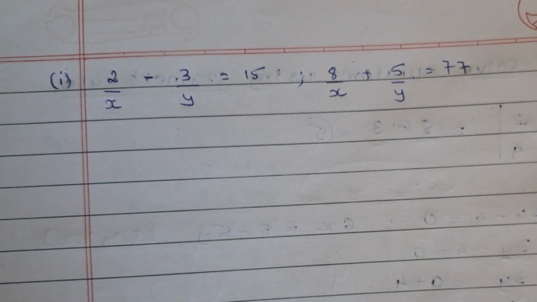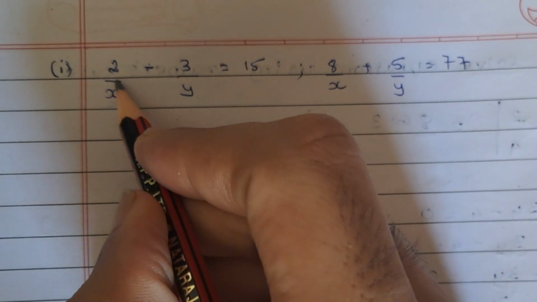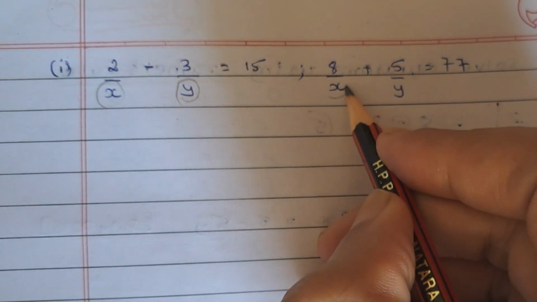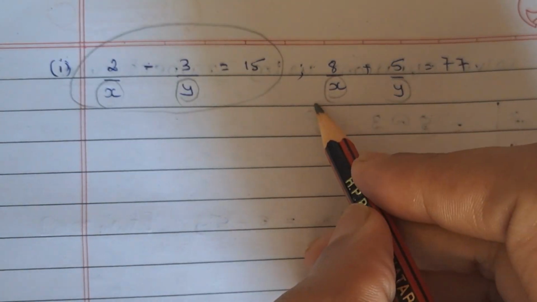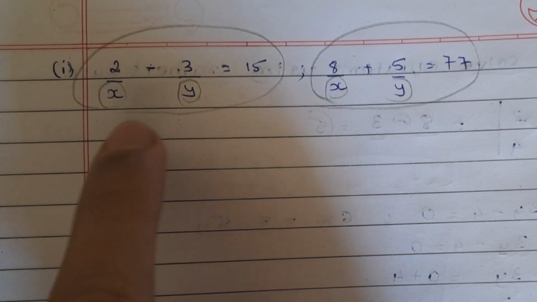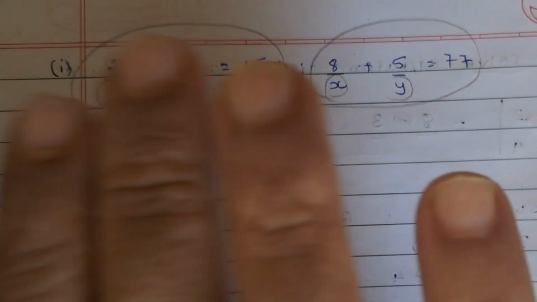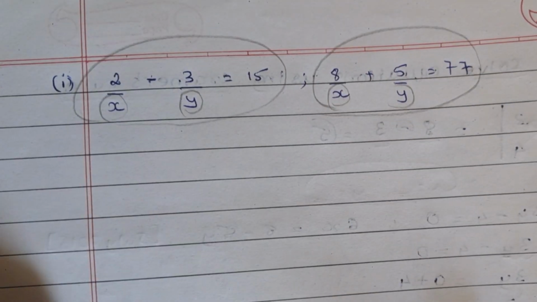In this video, let's learn how to solve linear equations which contain variables in the denominators like this. Okay, so if you see, we have two sets of linear equations. One is over here and one is over here. And in both the equations, what you can see is the variables, that means the alphabets, are in the denominators. Okay, so in order to tackle such type of equations, or in order to solve such equations, you need to